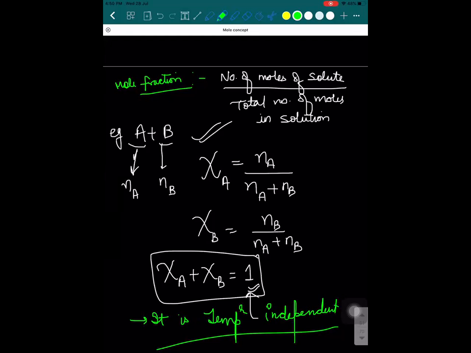Don't worry, I'll give you the numericals on each of these, but not today. We'll give you next week. Today I have to discuss the sheet also. First write this down, then I'll proceed and we'll give you the last concentration term. Write it down.